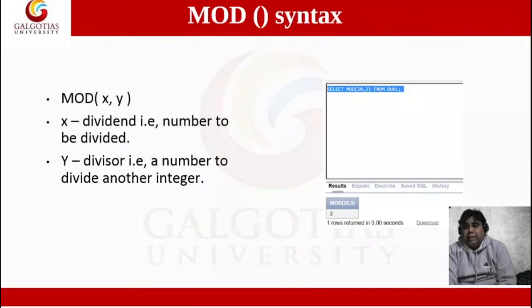Here I have taken an example: mod(20, 3). What is the output? In this case, I write in the SQL query editor: select mod(20, 3) from dual.